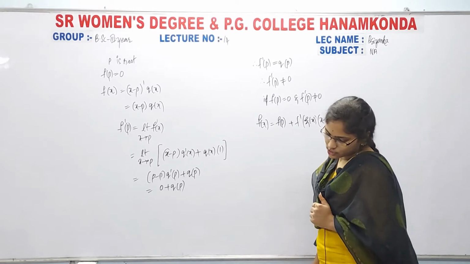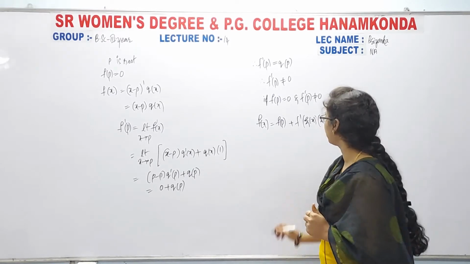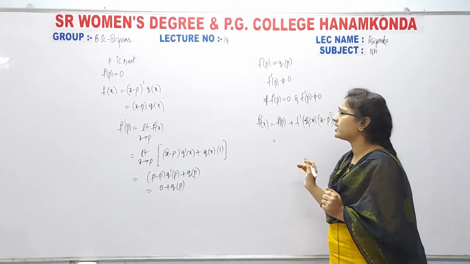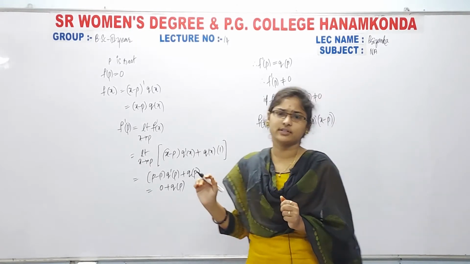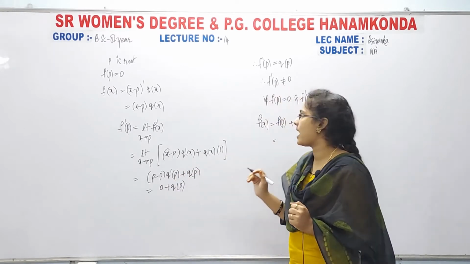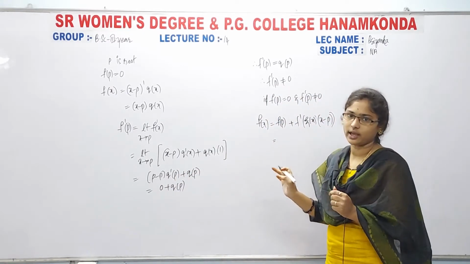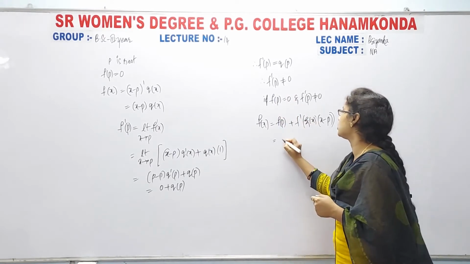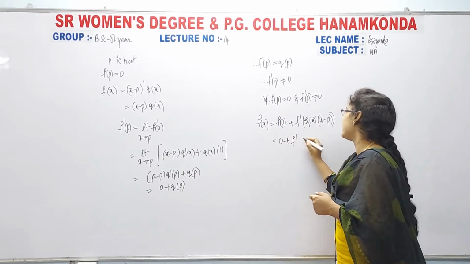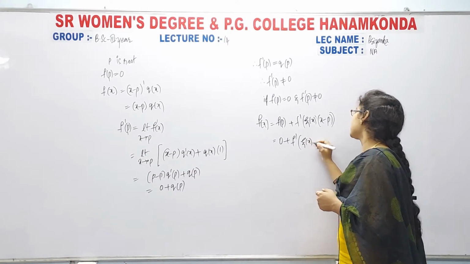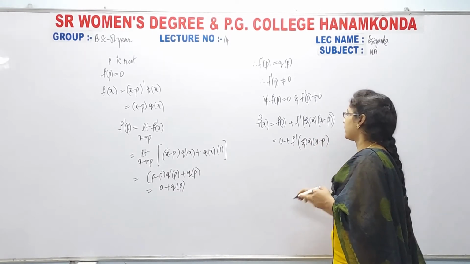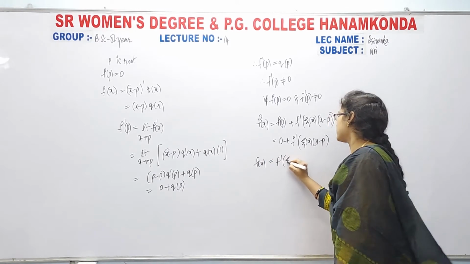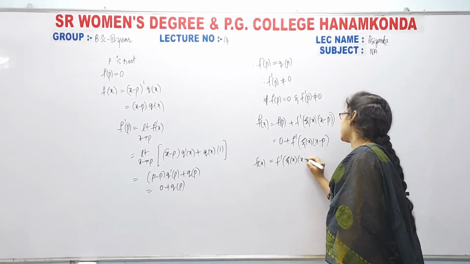Okay, that's it. Why I took this one is simply that I am applying Taylor's theorem here. For the first term, the solution is p. So now we have f of p equal to 0, so 0 plus f dash of xi of x into x minus p, which gives f of x is equal to f dash of xi of x into x minus p.